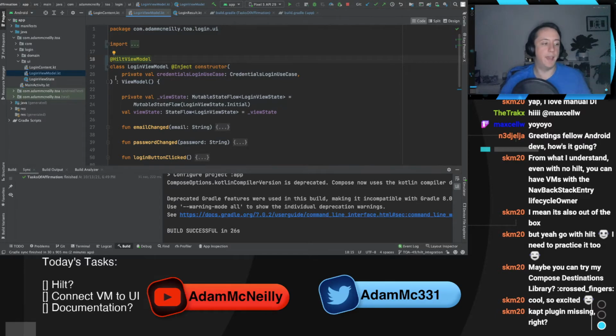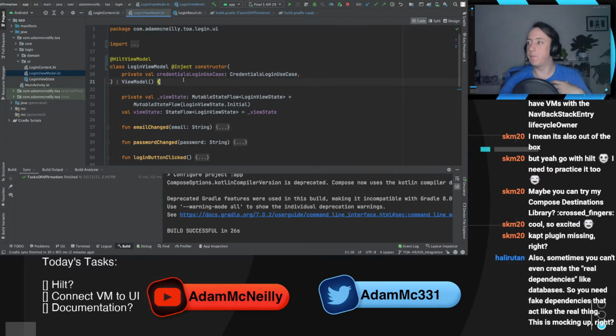Now we have what you might sometimes hear referred to as your dependency graph. Once you do this, things spiderweb out. We've handled the first part, which is telling Hilt to create this ViewModel. But in order for it to do that, it needs to know how to create the credentials login use case. And